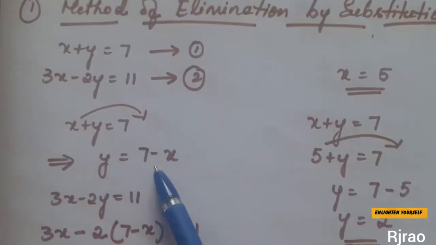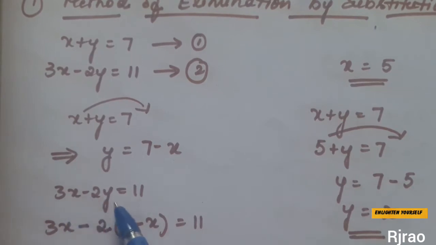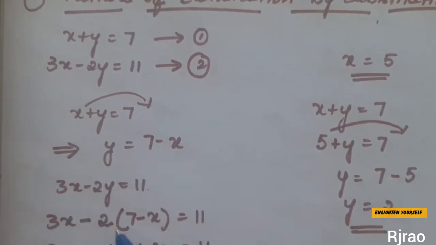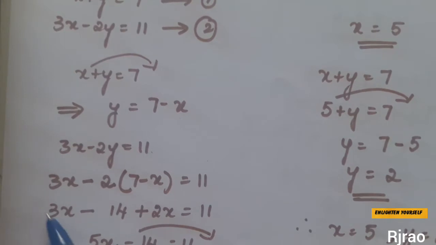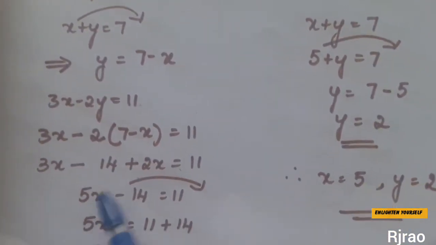The value we will substitute in the second equation, 3x minus 2y is equal to 11. So 3x minus 2 into, in the place of y we will substitute 7 minus x, is equal to 11. That is 3x minus 2 sevens are 14. Minus into minus is plus 2x is equal to 11. So we will get here